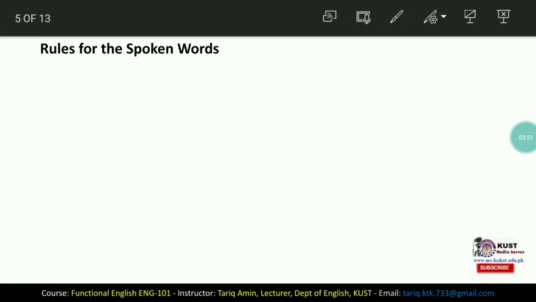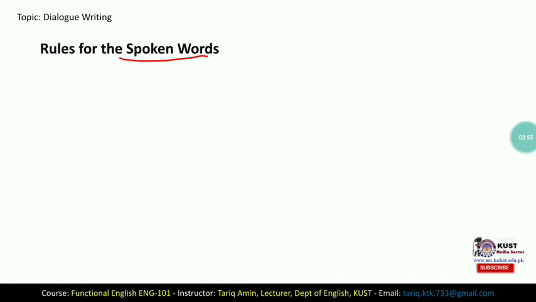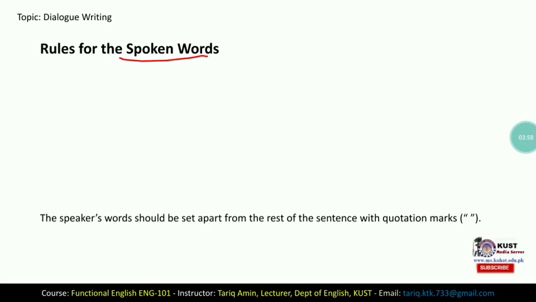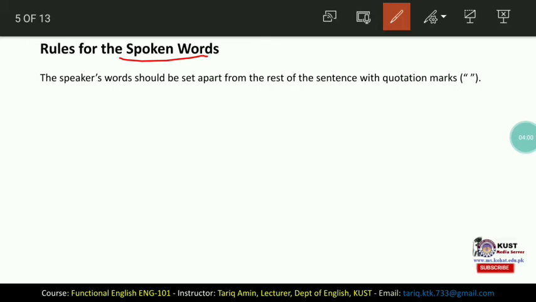Now there are some rules for spoken words as well. The previous rules were for indentation, and these rules are for spoken words. The speaker's words would be set apart from the rest of the sentence with quotation marks.